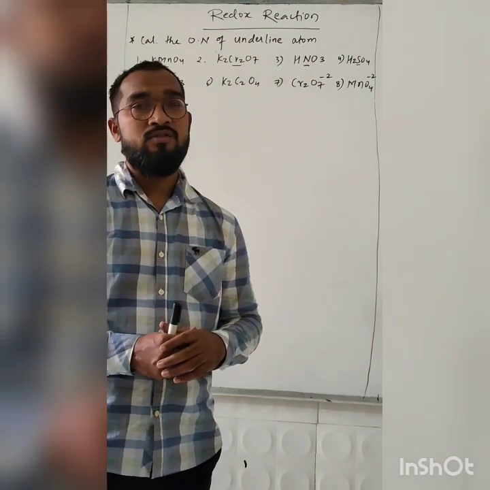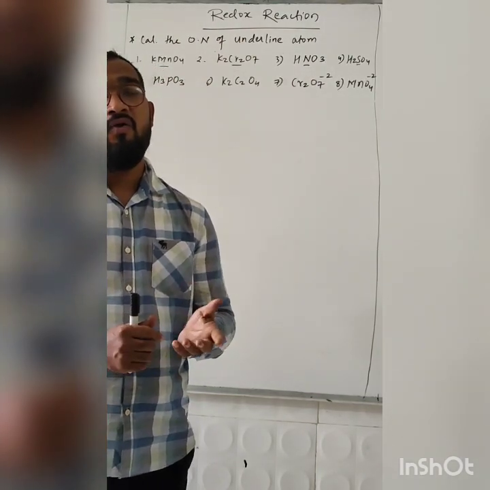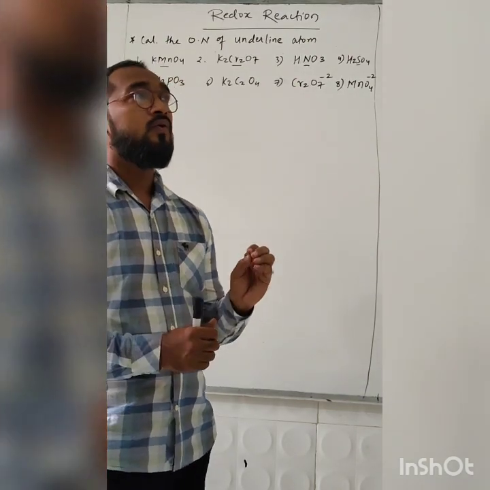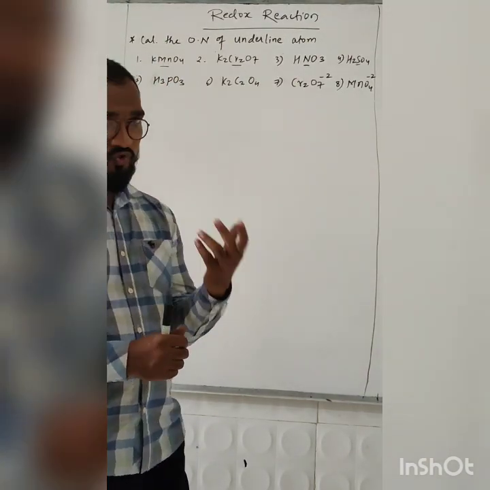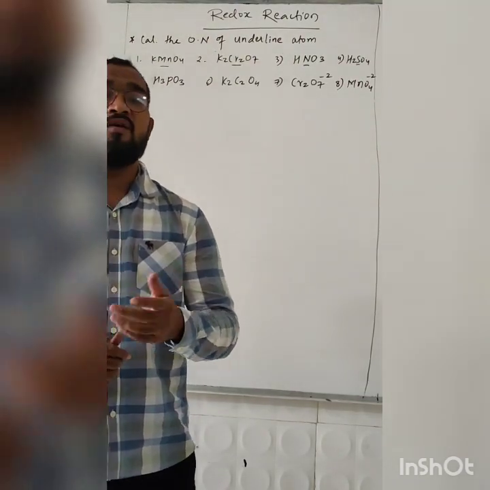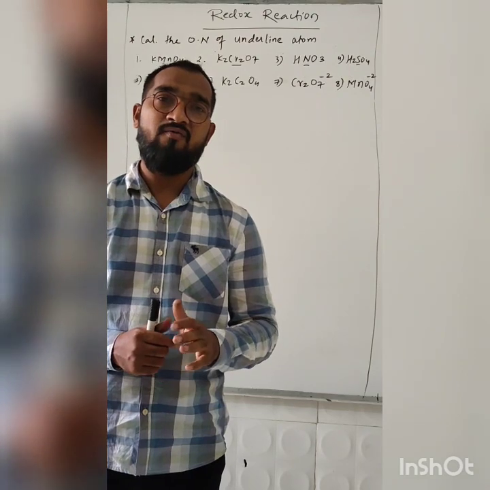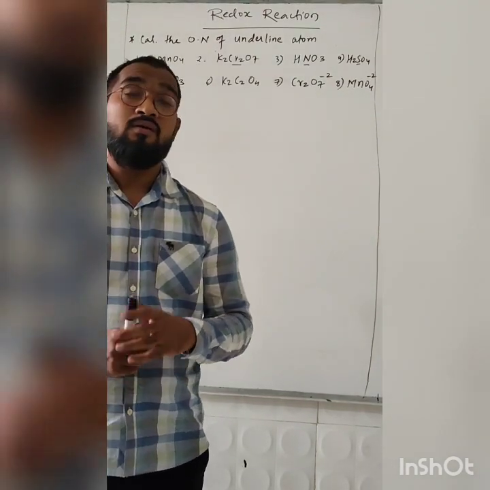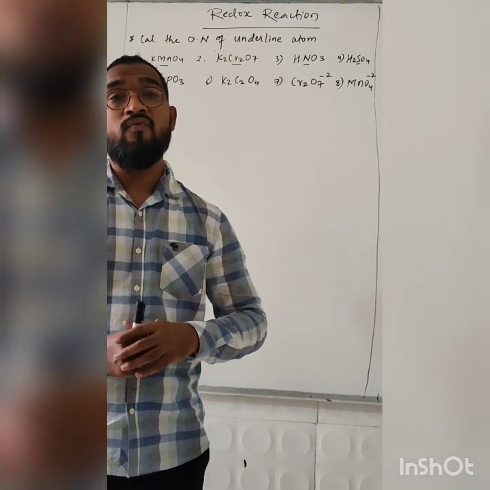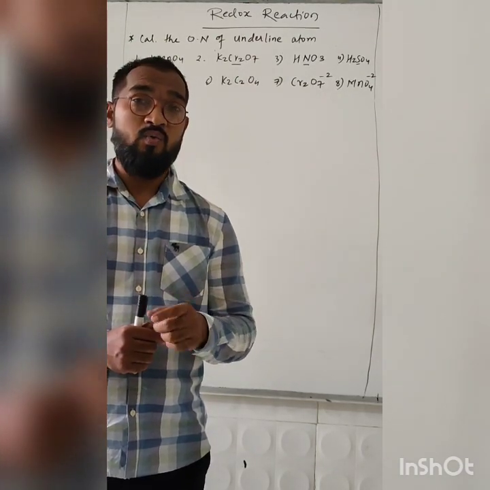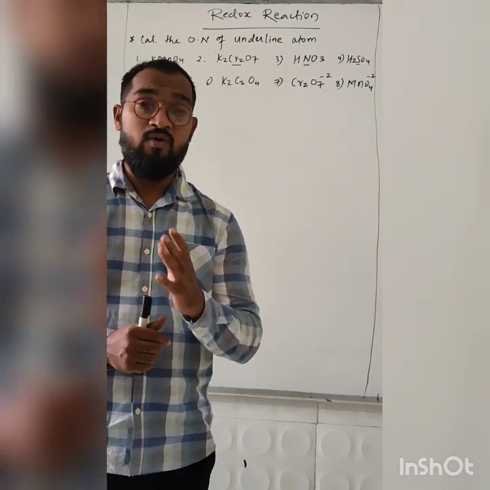Next, the oxidation number of halogens. Fluorine is always -1. Chlorine, bromine, iodine are also -1. But if chlorine or bromine makes a bond with oxygen, at that time it will be +1. Next was the algebraic sum of oxidation numbers of a polyatomic neutral molecule is equal to its charge, means equal to 0.